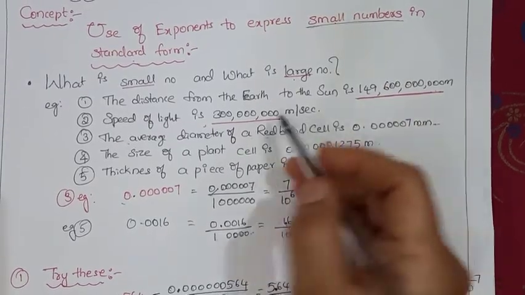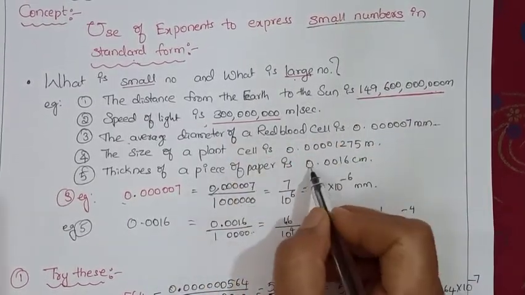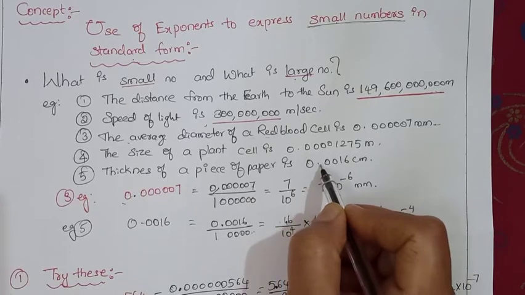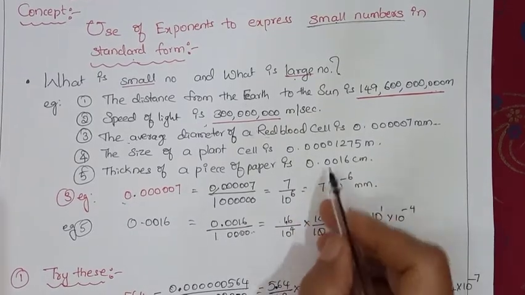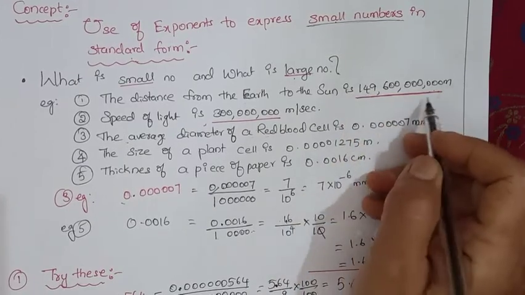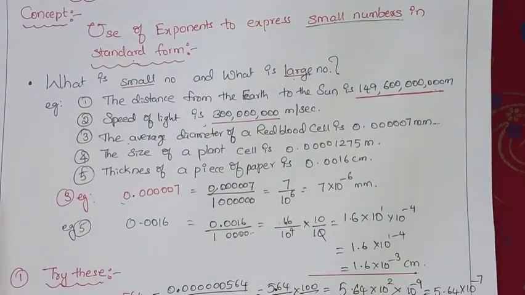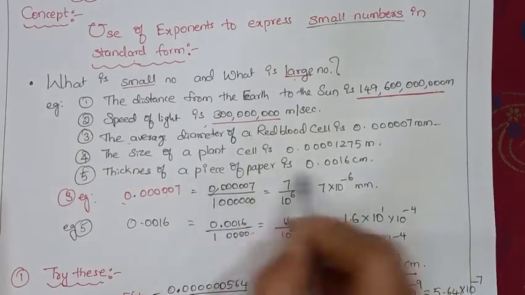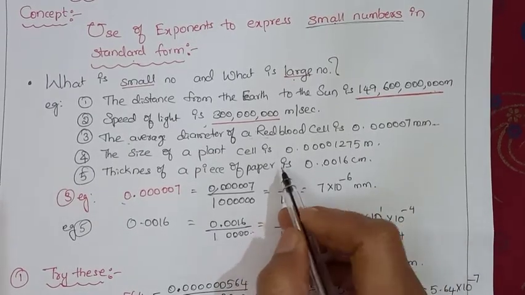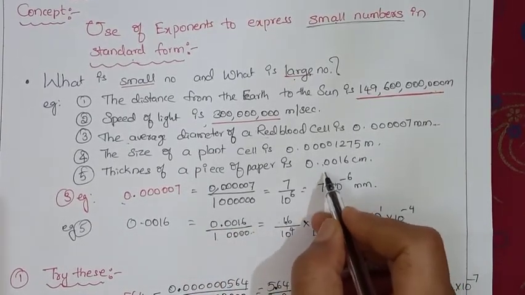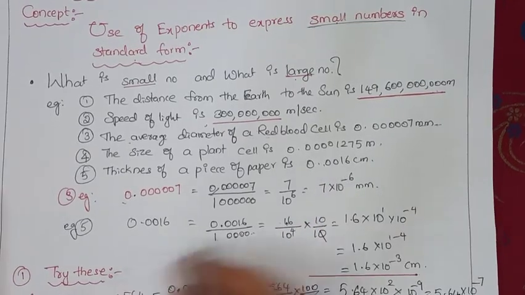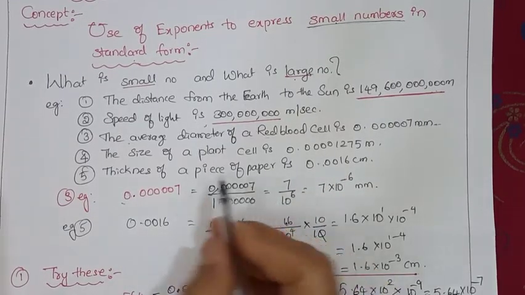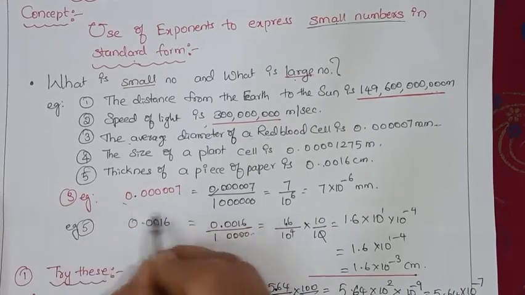Now, I hope you understood what is large and what is small. Small numbers are these, children, which can be remembered easily. It's like 0.0016. Somehow we can manage small numbers, but these are the large numbers. These large numbers can be converted into exponential form with positive exponents. Now the small numbers also we can convert into standard form, but their exponents will be negative, because this is a decimal. Decimal after digits conversion will be negative only. So I'm going to explain about the small number.